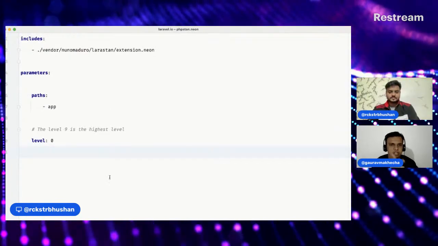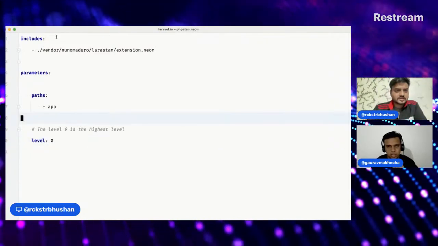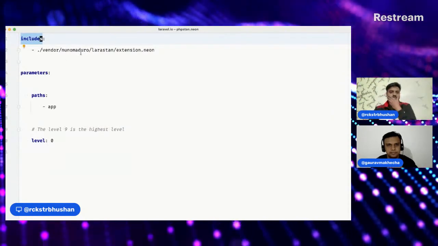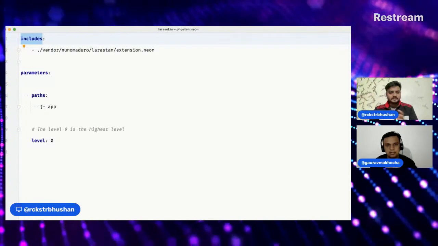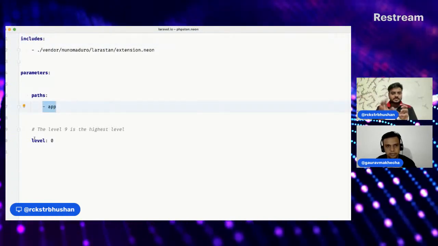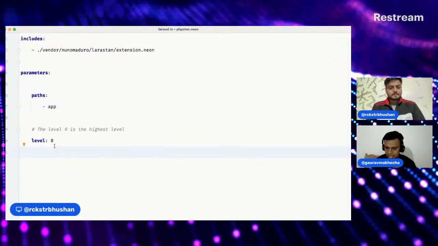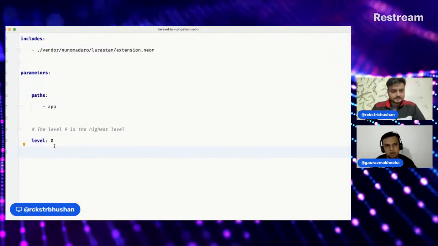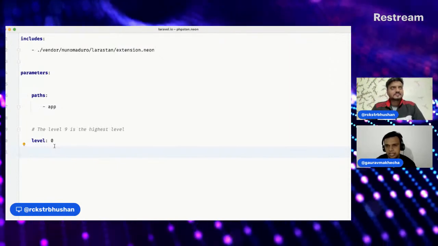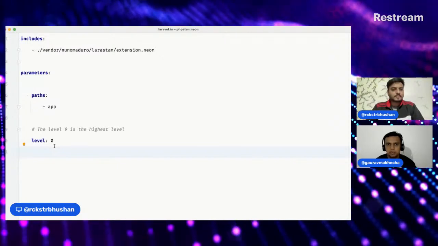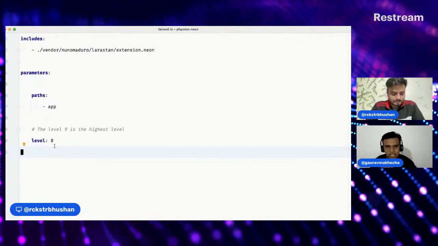So very simple, nothing extra. We are just starting at level 0. The include means we are just extending, getting that extension from the Larastan package. Parameters: this is the directory we are going to check, and this is the level. Basically, if we don't include the first line, then we will be running PHPStan only, which means that it doesn't know Laravel magic and it will yell at us about many things. But we know that some of the Laravel magic is acceptable and it's running fine. We will see that.